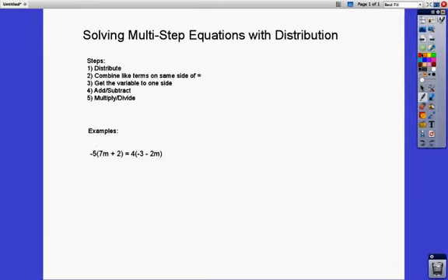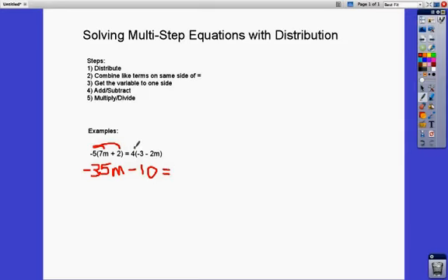So the first thing we're going to do is distribute this negative 5 to both the 7m and the 2, which makes negative 35m minus 10. Yeah, they're both negative because we have positive times a negative, and that makes a negative. And this equals,